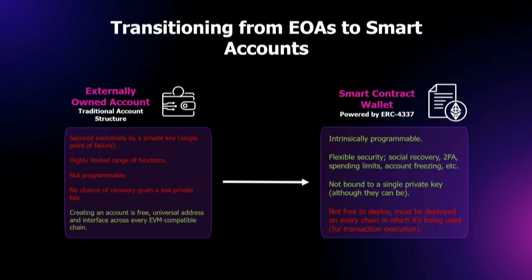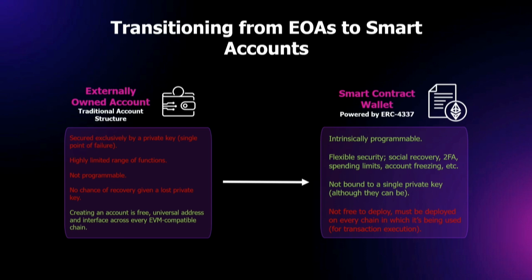So as a quick overview, if you didn't understand what I just said regarding account abstraction and what it means, the easiest way to understand it is basically a transition from externally owned accounts, which are the standard account structure within the EVM ecosystem used for things like sending transactions and receiving tokens and interacting with contracts and so on. Transitioning from that to smart contract wallets, which essentially allow for the same type of interaction, but through the means of a smart contract. So there are a few key differences here that are important to understand.